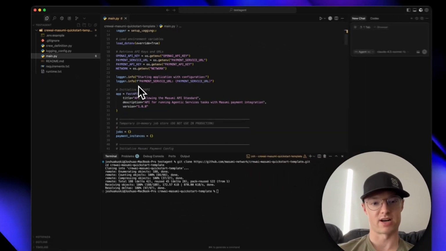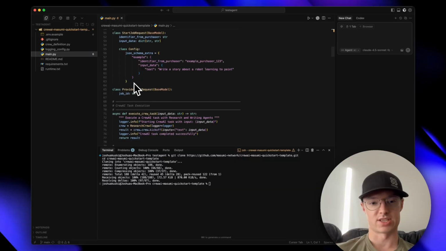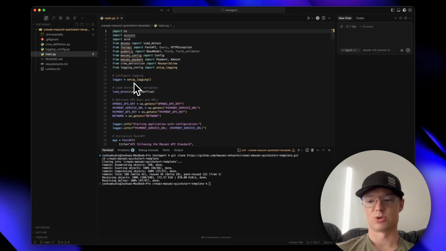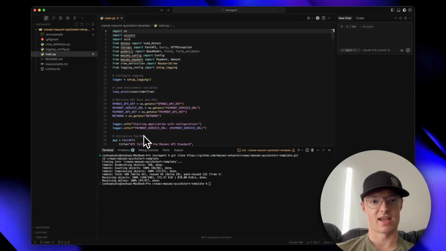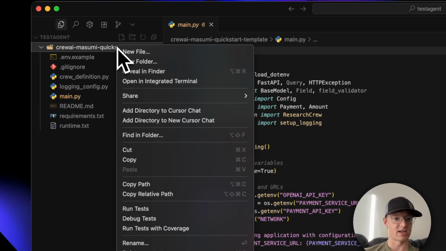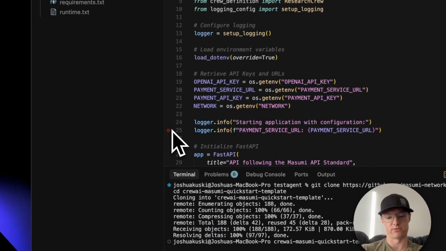And then you got your main file, bunch of stuff. As a beginner, who cares? I don't got to worry about that stuff. So here we are. We have our template. And I think the first thing I'm going to do is rename the overall folder. We're going to call it